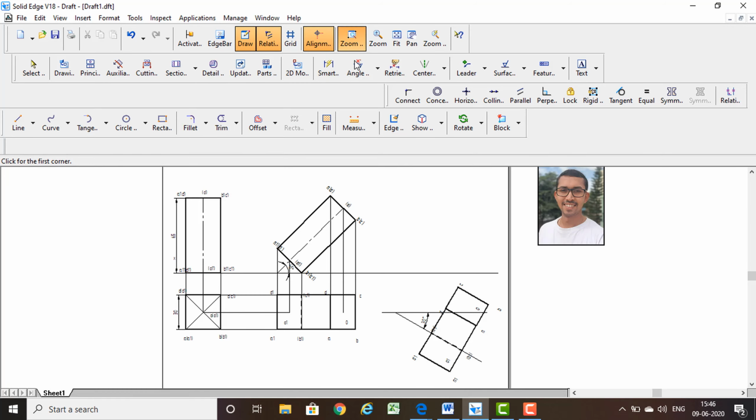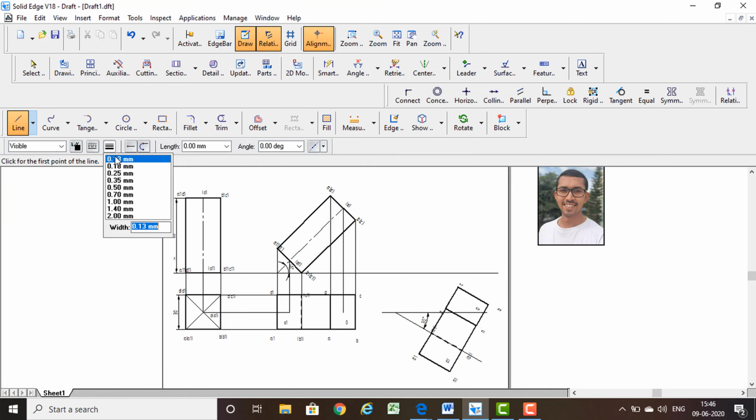So now I need to draw the projections. Take a line, thickness must be 0.13 and it must be a continuous line. Starting from the bottom face, what is this one? This one is D1, right? This one is A1, B, and this one is C1. Okay, C1. Where is the C1? So this is C1, right?